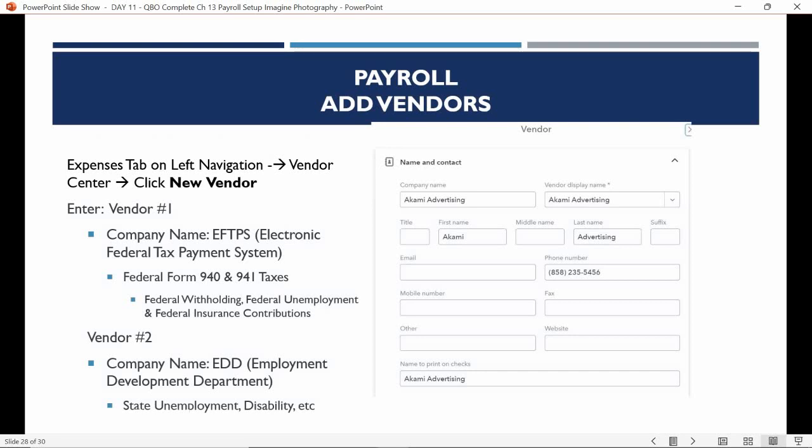Everything is done virtually online. So that's why it's very important that you know this and that you add these vendors, because when you make payments,